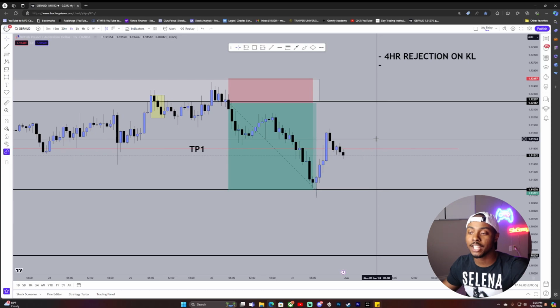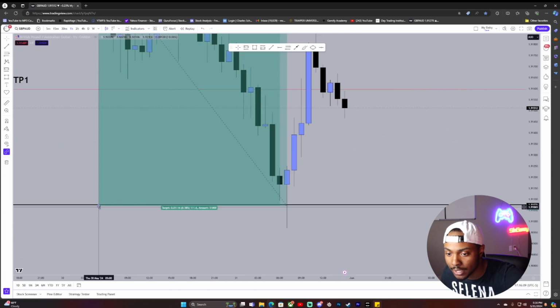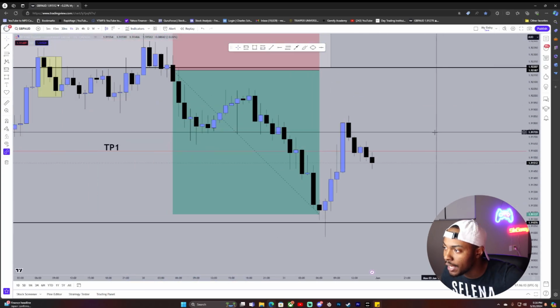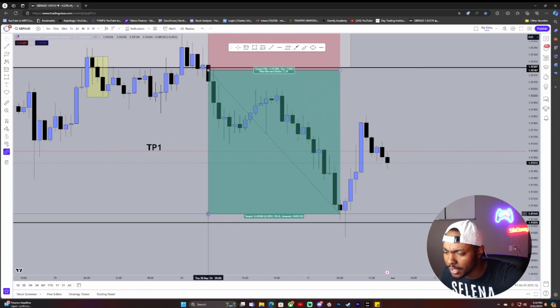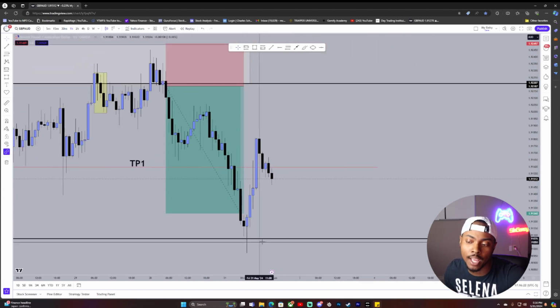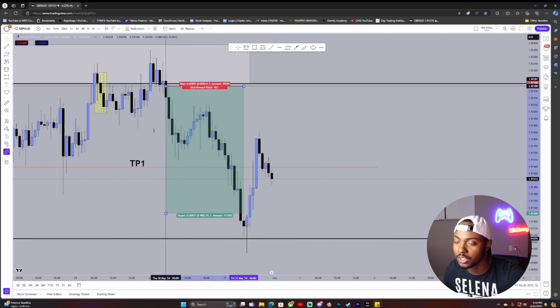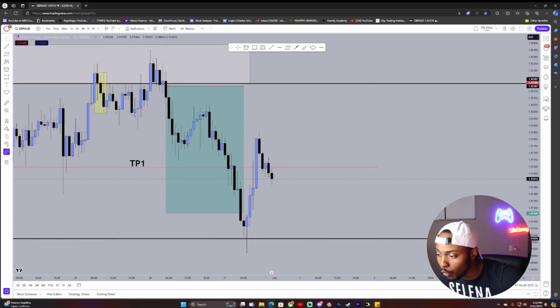Got in the car and I said, you know what? I'm sitting there and I didn't let it go all the way to the key zone. I literally got out maybe up here. I didn't get my full 3 to 3. I got like a 2.98, something weird. If I would have held on a little while longer, I would have got the full TP, but I was up $1,500. Now, if we go over to Trade Locker,